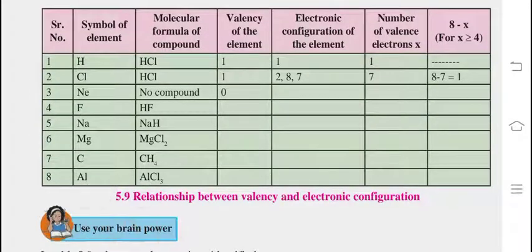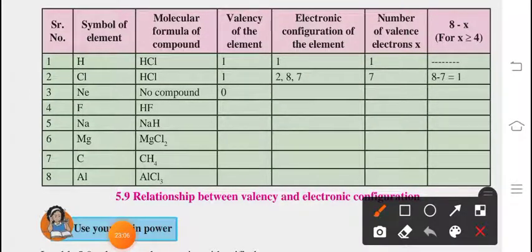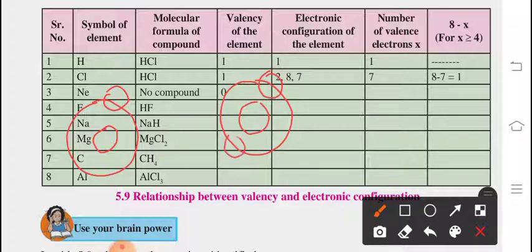Number of electrons in chlorine will be 17. So hydrogen has 1 and chlorine has 17. Okay, so we can make their configuration. For hydrogen we can make this structure with 1 electron, and for chlorine, this is the nucleus, first orbit 2 electrons, second orbit 8 electrons,